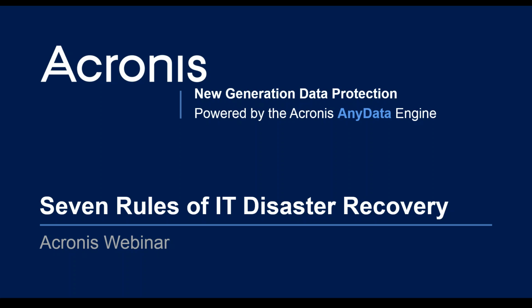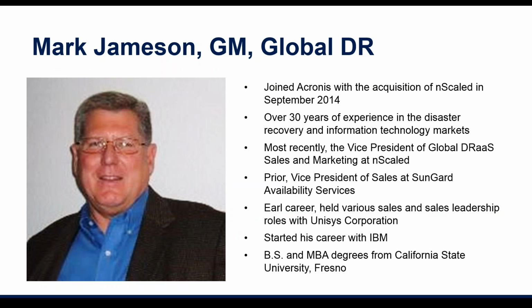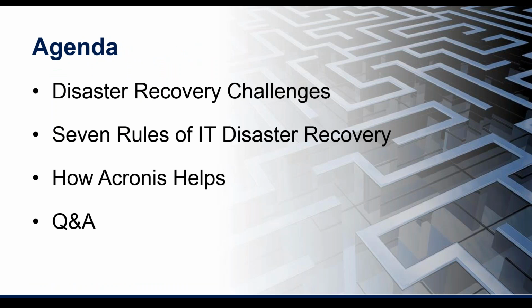So what I'll go ahead and do is step through our presentation, and I can skip who I am since Bob already covered that, and talk a little bit about the agenda. I'm going to break it into 3 categories. I'm going to talk about the challenges that many organizations and businesses face with disaster recovery, and then talk about the 7 rules of IT disaster recovery and how they apply to those challenges being faced. And then finally I'm going to wrap it up with how Acronis helps our clients with disaster recovery, and looks at those 7 rules and how our solution helps them fit in that space.